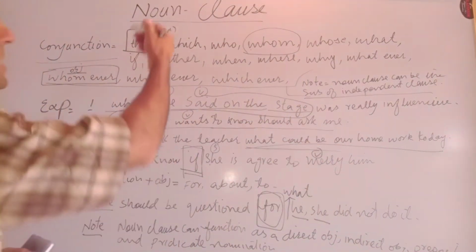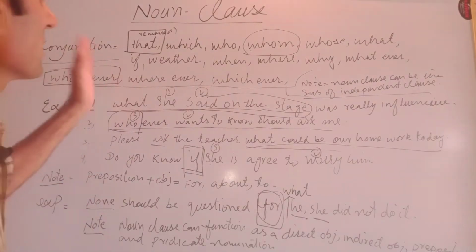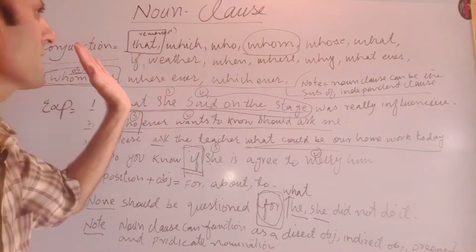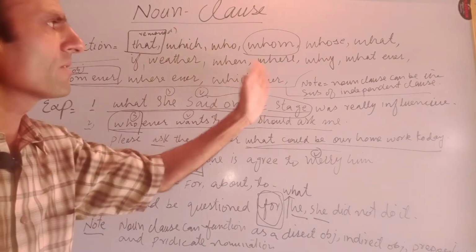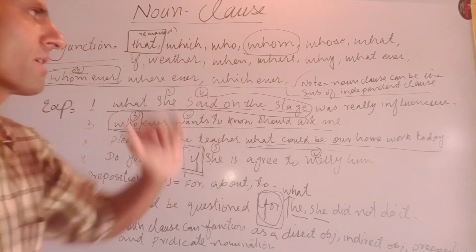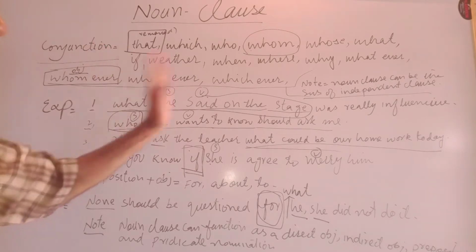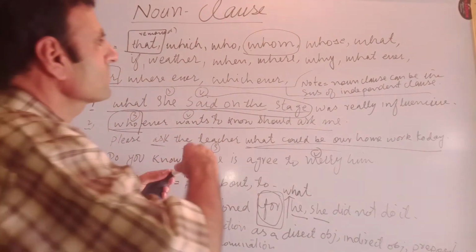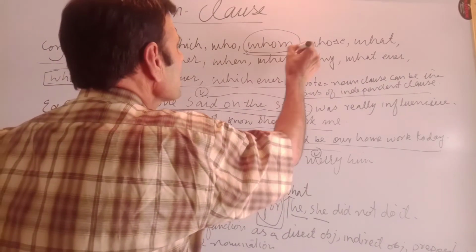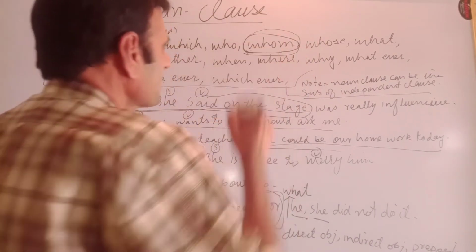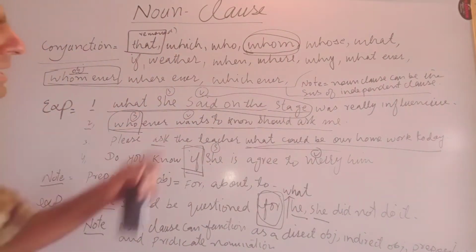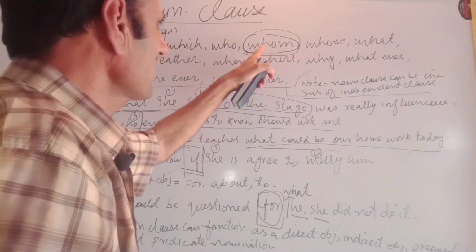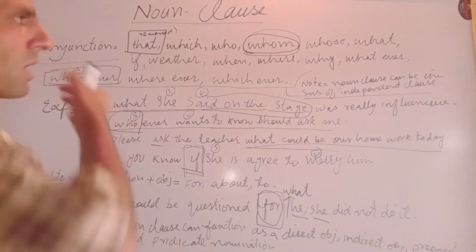See it here, noun clause conjunctions: what, which, who, whom, whose, that, if, whether, when, where, why, whatever, wherever, whichever, etc. Just here, whom is an objective pronoun. It can't work as a subject, it will always work as an object. Okay,